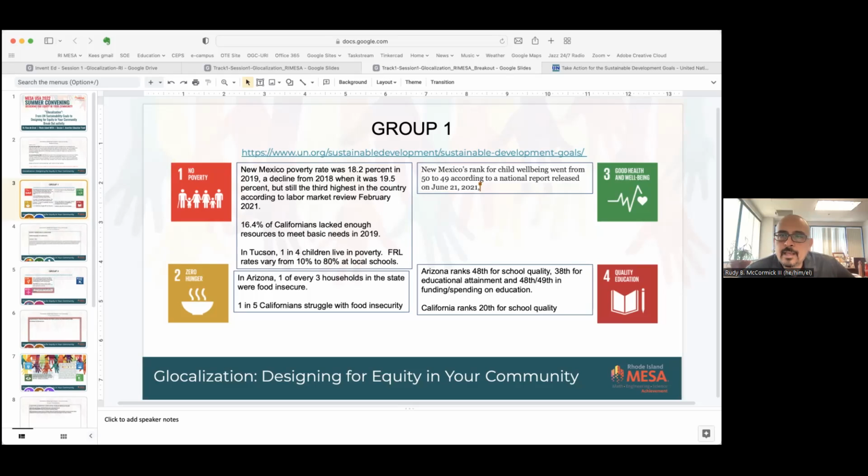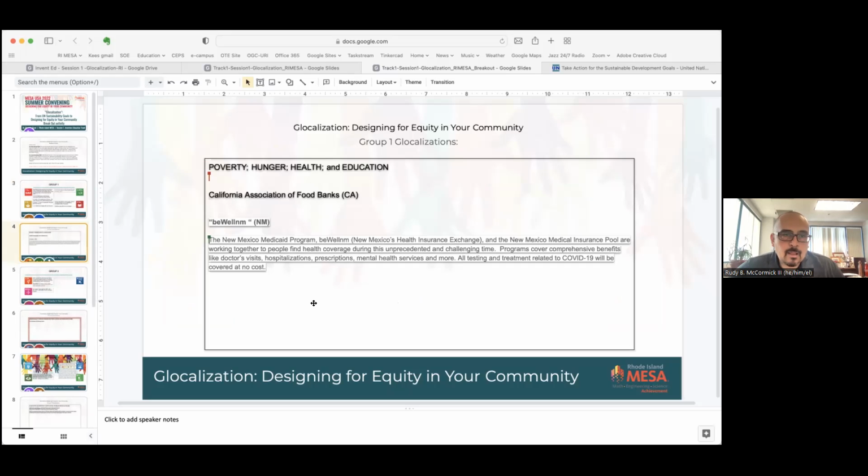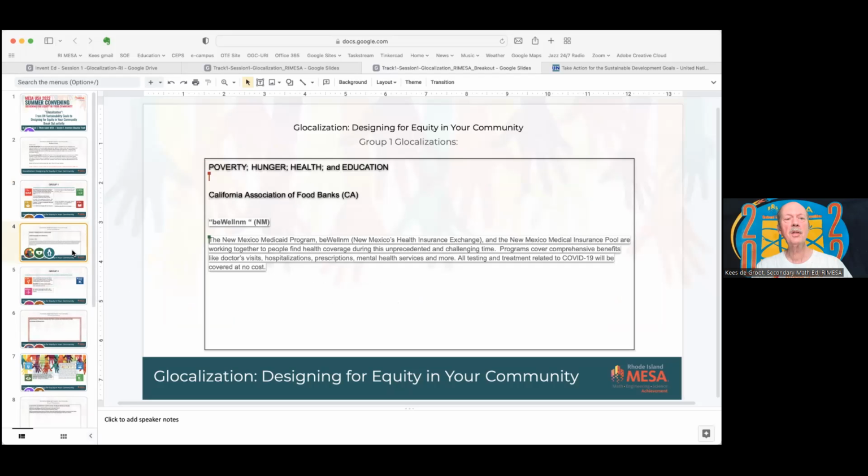I can mention that we jumped into doing searches for those startling facts. We had New Mexico, California, and Arizona represented within our group. So I know that a lot of us jumped into finding those startling facts associated with each of the sessions. And then on the next slide, some of my colleagues had a chance to input some information there. This is for group one. Correct. Yes.